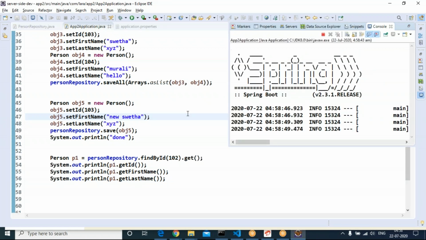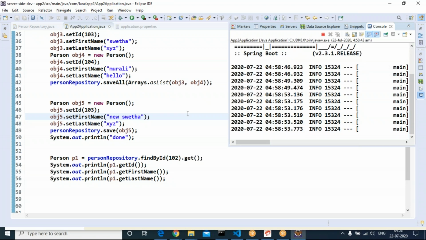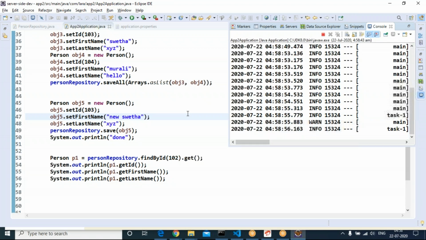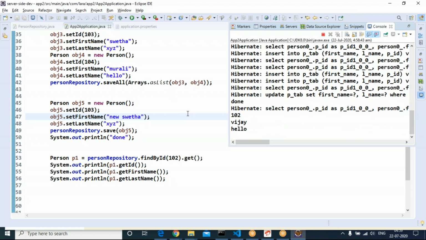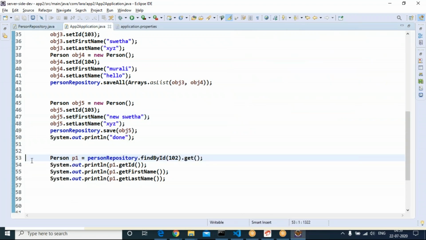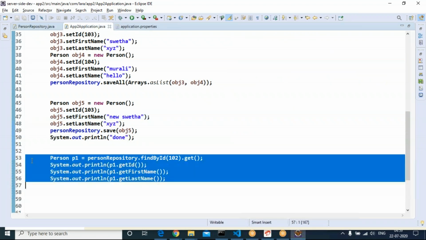Inserting 4 records, updating 1 record, then reading 1 record: the 102 record with the first name and last name. With findById, one record we are reading. We can read all the records. Let us see how to read all the records.